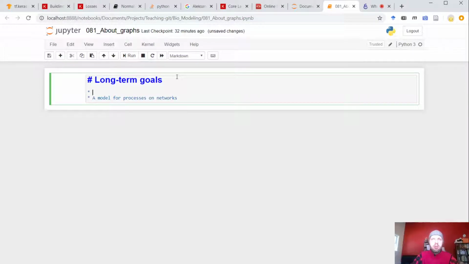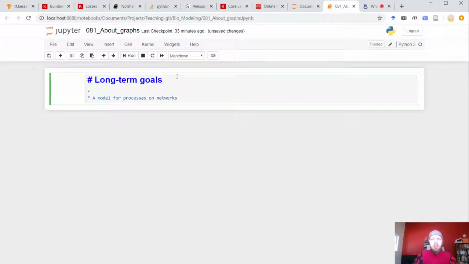For example, maybe some people have lots of friends, some people have fewer friends, some people interact a lot, some people don't interact that much. Some people can form groups and cliques. Maybe there is political polarization. Maybe some people are only friends within a group, but very rarely friends with people from some other group. So we want to be able to quantify all of that somehow.